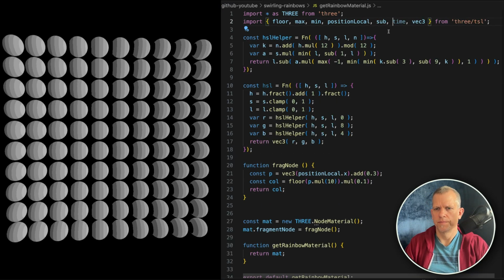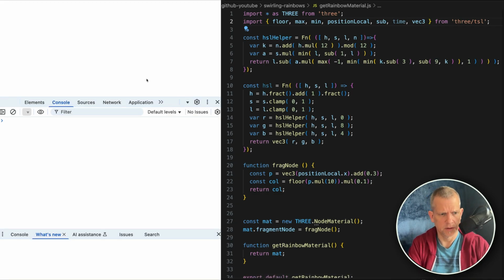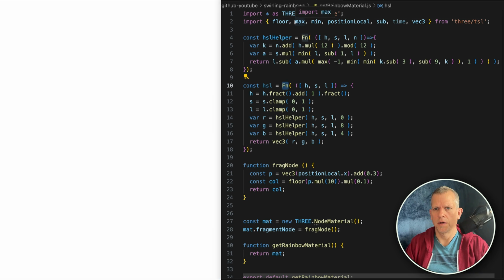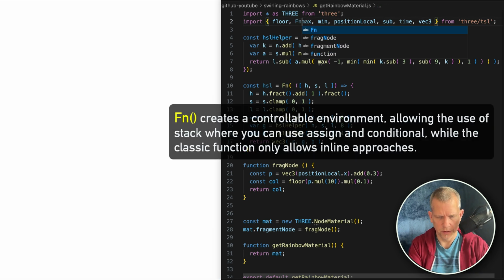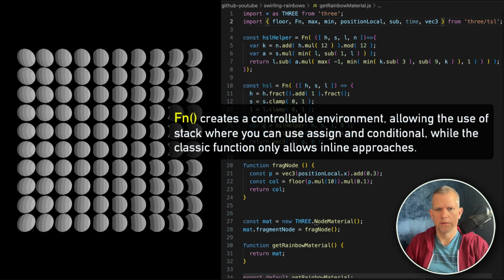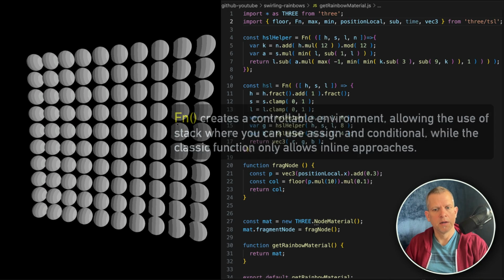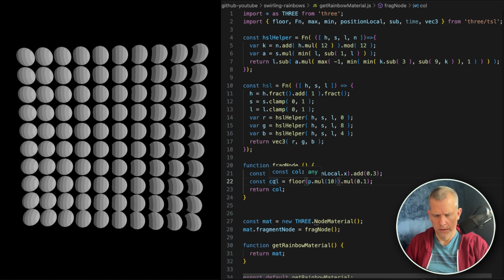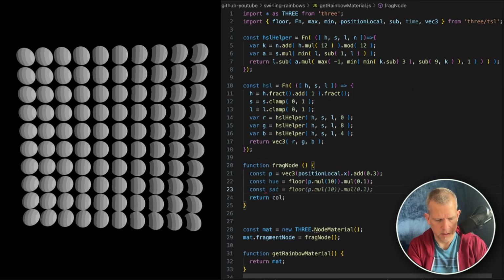Like so. Sort of a pain that I have to import each one of these individually. Hang on, what did I miss? Oh, FN. I want to explain function to you, but I don't have the words. Okay, so errors are gone. Now check this out. I'm going to call this hue instead and say const col is equal to HSL, the